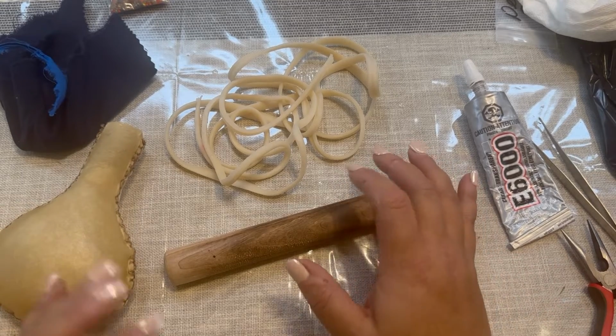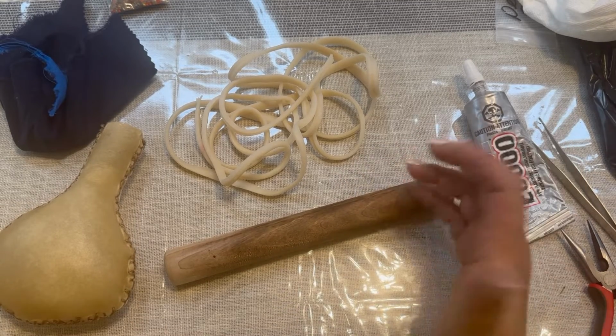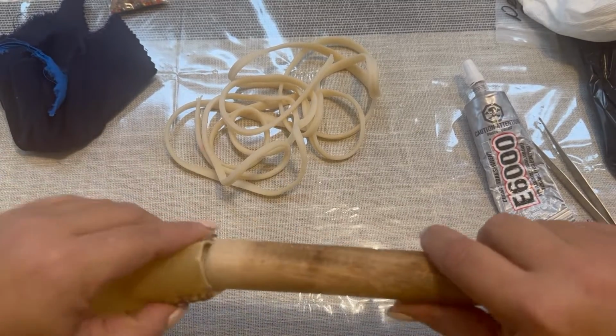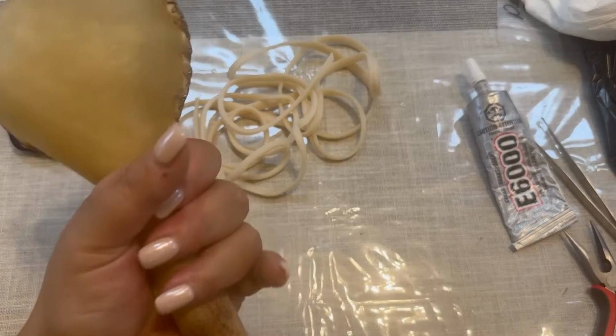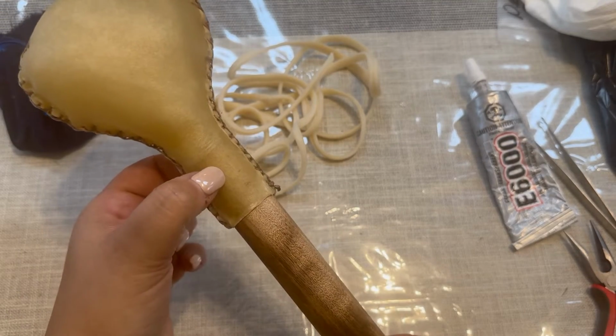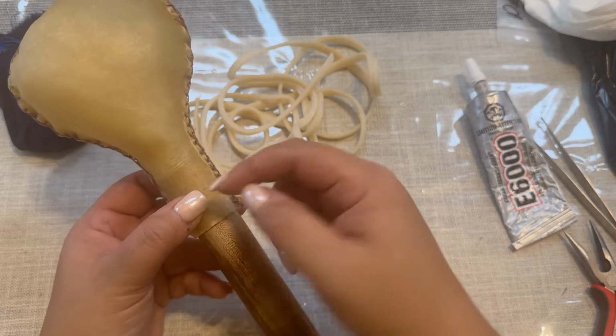And what you're going to want to do is make sure that you pull out all of the batten that you put in there. I had to use some tweezers, some pliers, whatever you have around the house that'll help you get it all out. You really want to make sure you have it out of there because you don't want it to have an impact on the sound. And you're going to want to take your stick